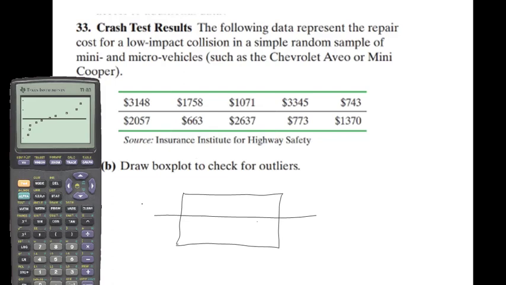And my lower number is 663, and my upper number is 3345. And then I can go here and hit edit, and I already sorted this list and I know where the middle is. So if there's 10 points, the middle is between 5 and 6. So where's 5? There's 5 and 6. So this is the middle of 5 and 6,